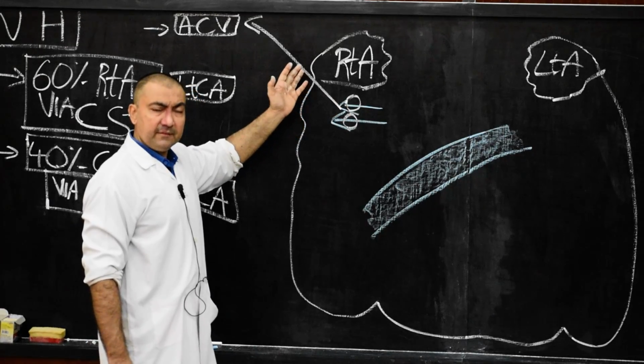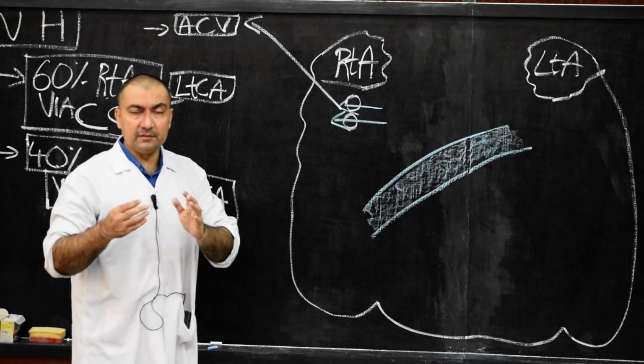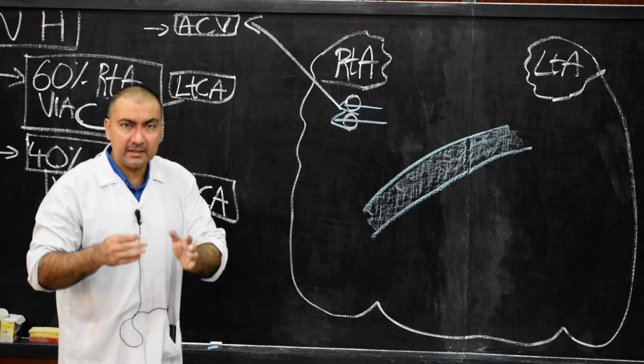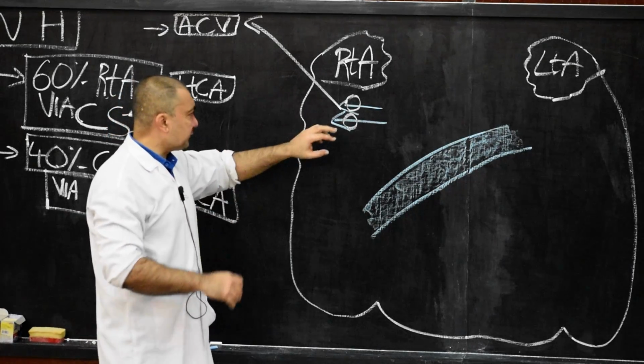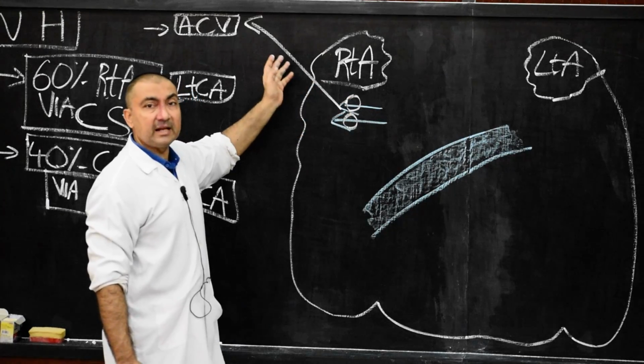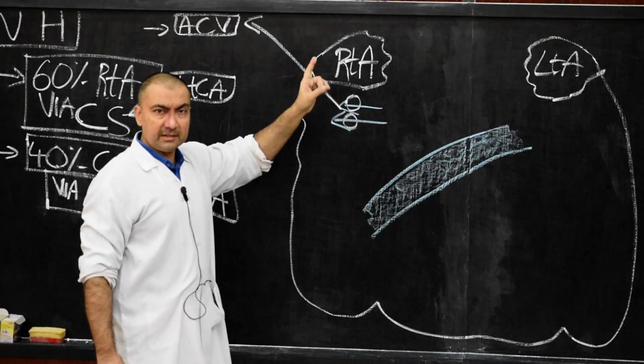They will open instead into the right atrium through foramina minimarum. And they will drain what? They will drain the infundibulum of the right ventricle. Draining the infundibulum of right ventricle, and then they will pass through the various foramina minimarum and open into the right atrium, anterior cardiac veins.